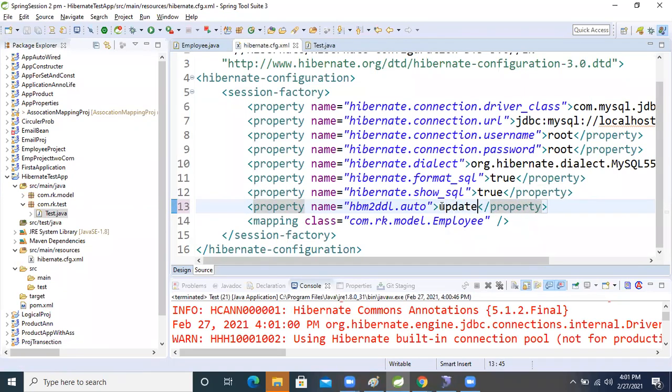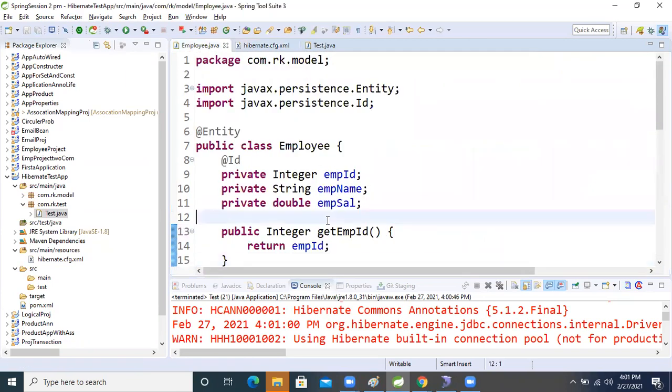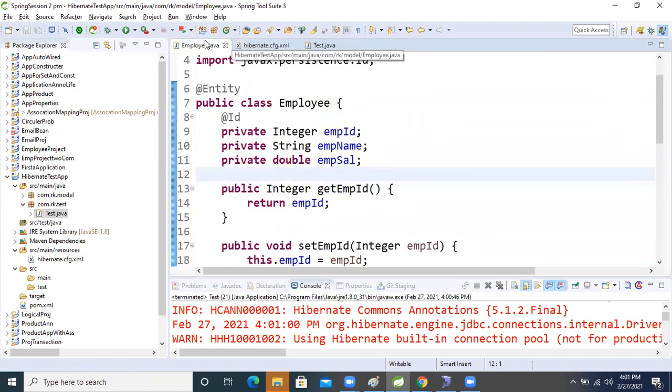Update. This time, if we increase one attribute, shall I increase it or not? Okay, let's increase it.